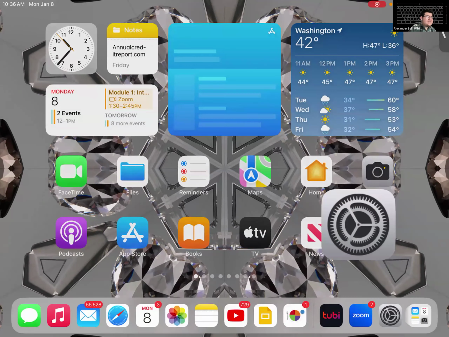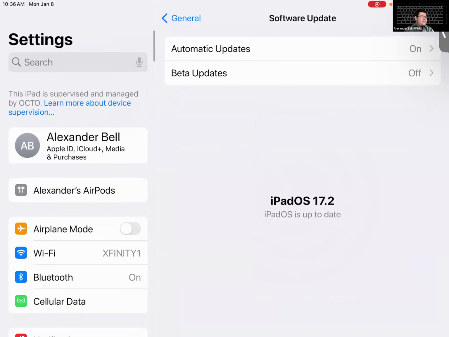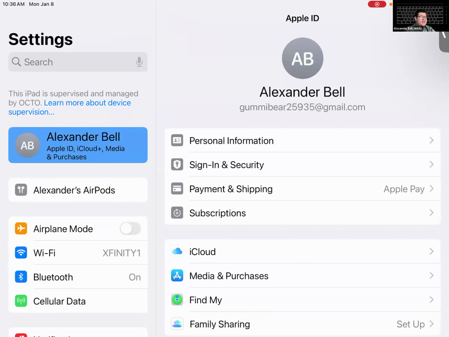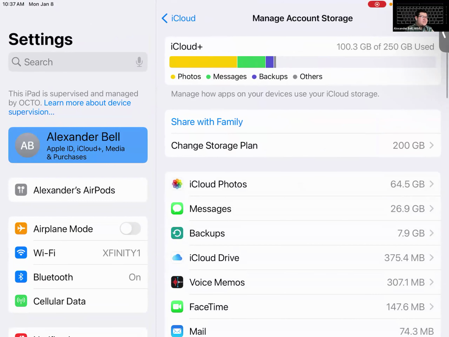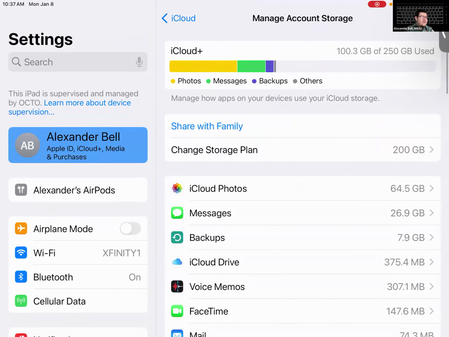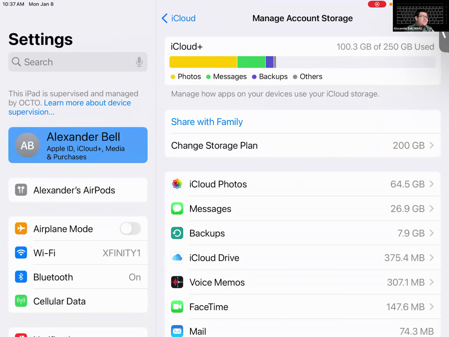So if I go to my settings and follow the instructions from the video, I tap on my name, I hit iCloud, and then look, it says I'm using 100 gigabytes of the 200, and well, 50 that I have now. And if I hit manage account storage, you see again what I have. So I have majority photos, of course. I have many photos and videos from over the years, but messages, backups,